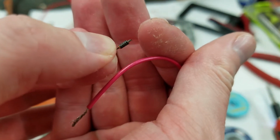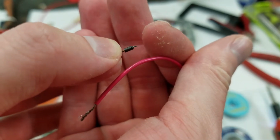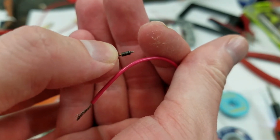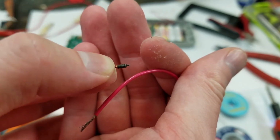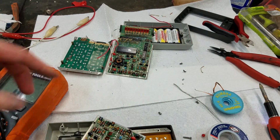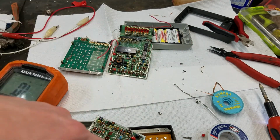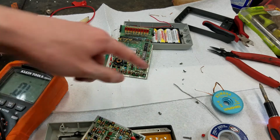Yeah. So the first line says 1N4, and the bottom line says 148. So 1N4148, right? Both of them are the same. I don't know why this one has an extra diode here, which is not present on this one. You can see it's not populated there. Anyway, so these were both